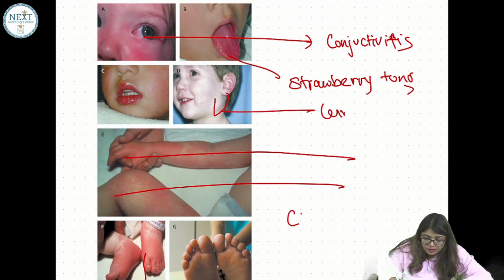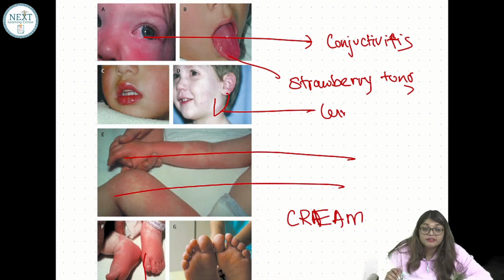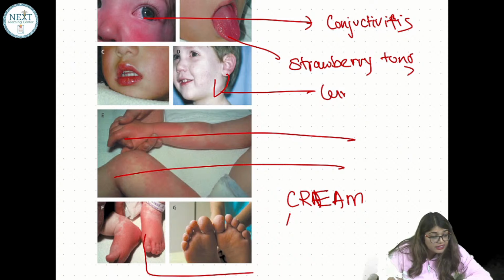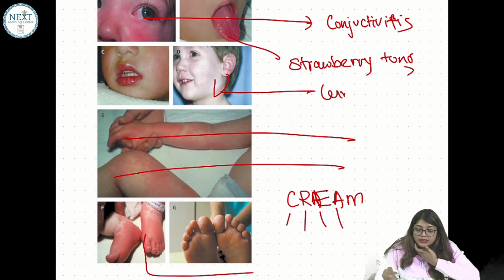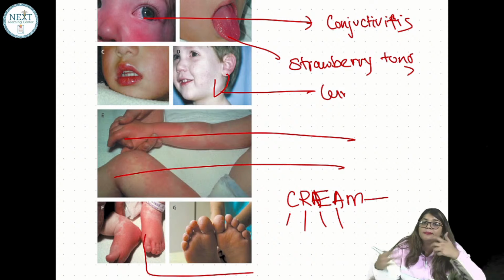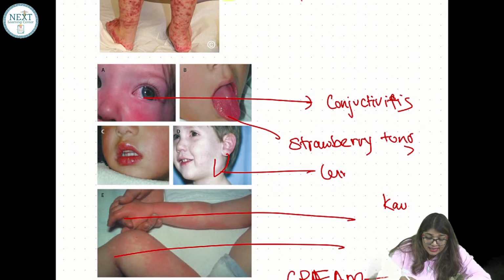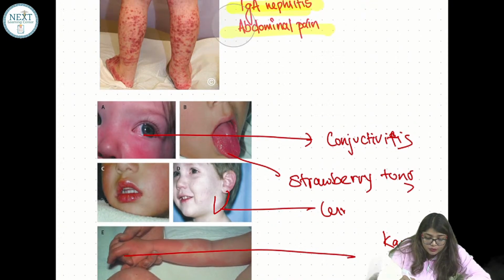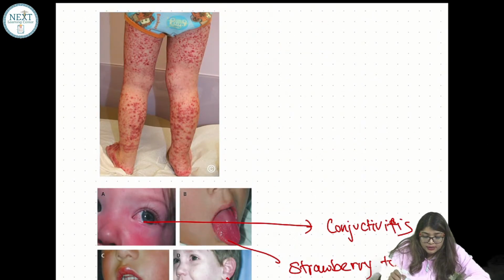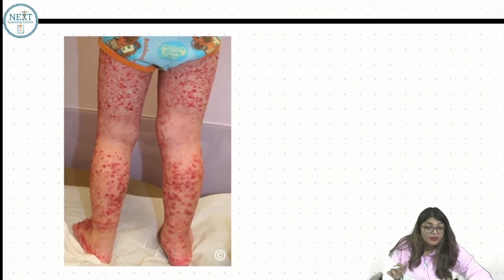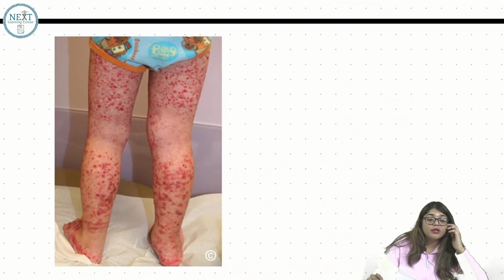lymphadenopathy. So there was a mnemonic, right? CREAM. We have a mnemonic for Kawasaki disease, which is C for conjunctivitis, R for rash, erythema in the palms and soles, adenopathy, which is usually cervical adenopathy, and mucosal involvement showing you strawberry tongue, right? So yes, this is Kawasaki disease. And I really, really believe that images